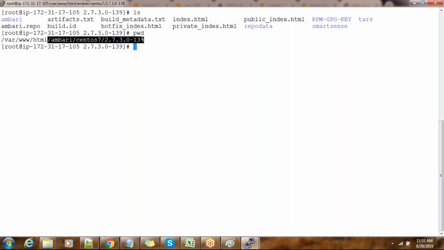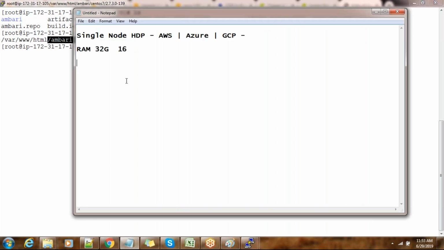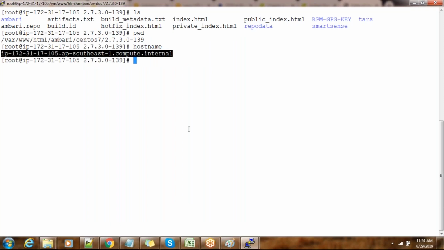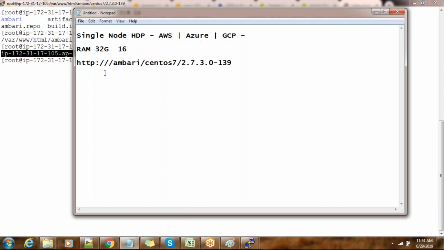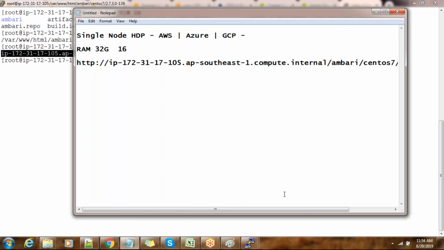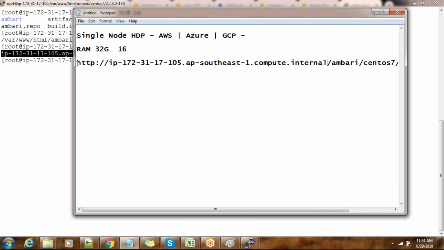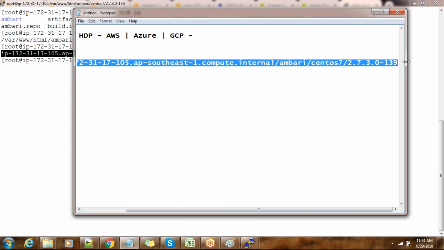Take a notepad and write http://, then the host name, this one. Take that host name and use it. So this is the repository location, and just copy this.